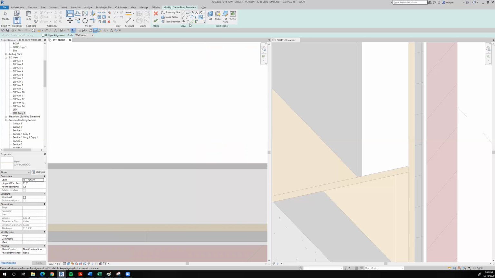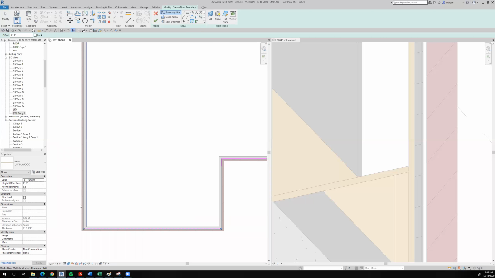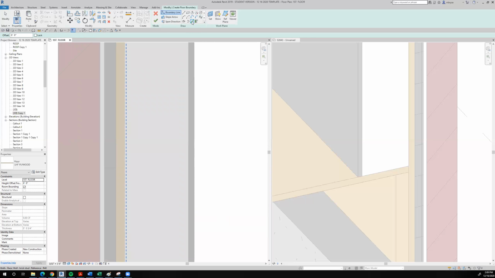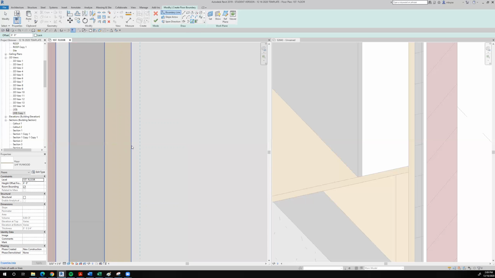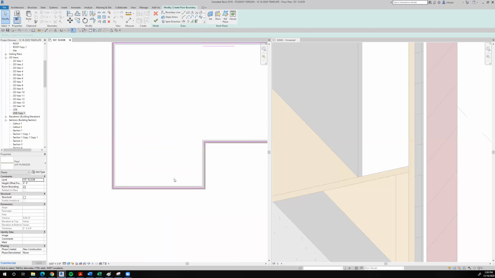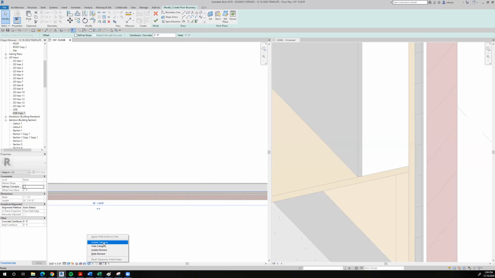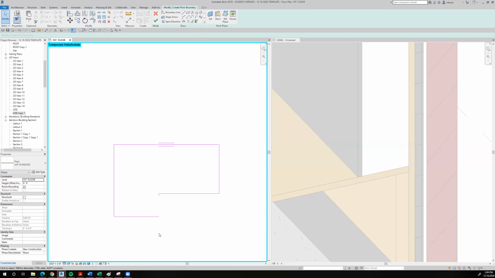And then I come down here. I'm going to try to pick that line again. Got it. And then there's one left. I'm still picking lines. Tab, tab. There it is. Okay. So now it has to be an enclosed entity. So I'm going to hit the modify tab or escape just so I can select that magenta line. I'll come down to the eyeglass and say isolate category. So now the only categories that I can see are the magenta lines,